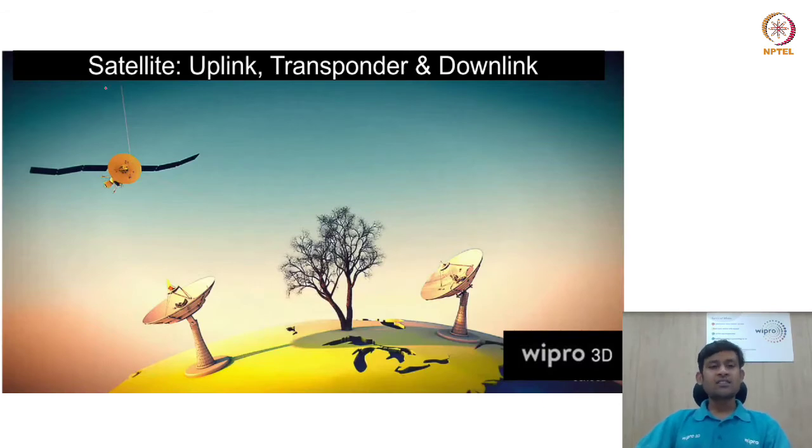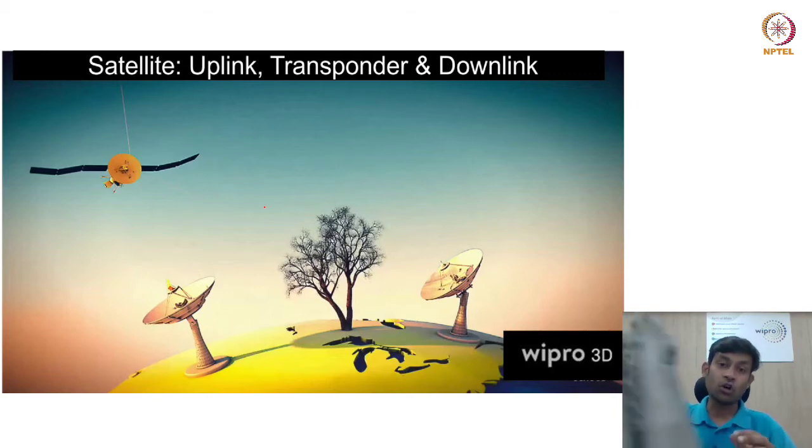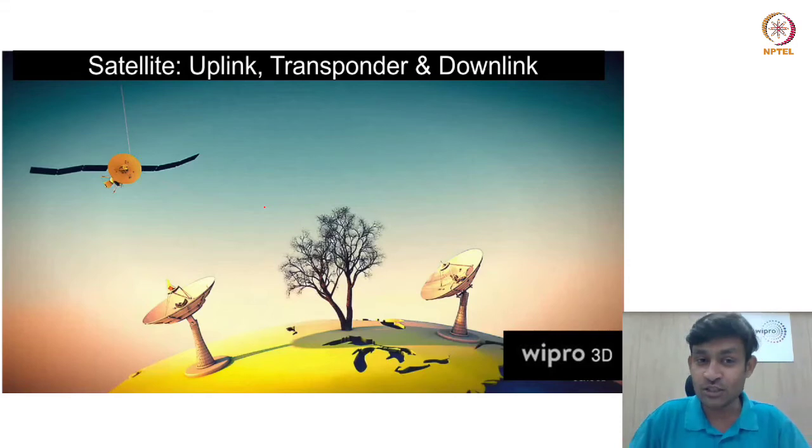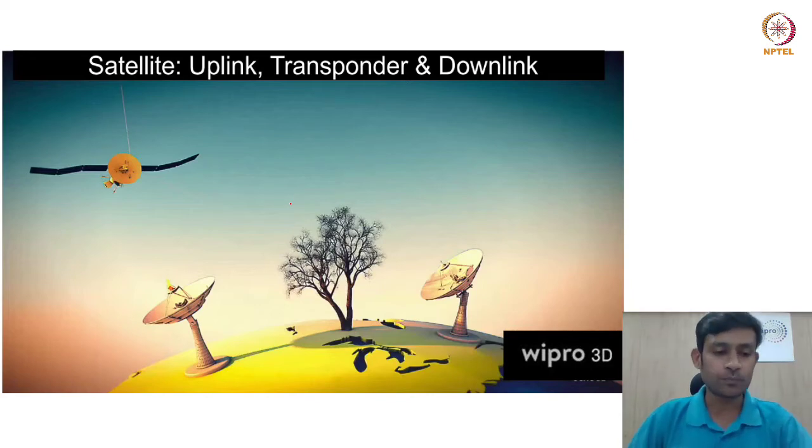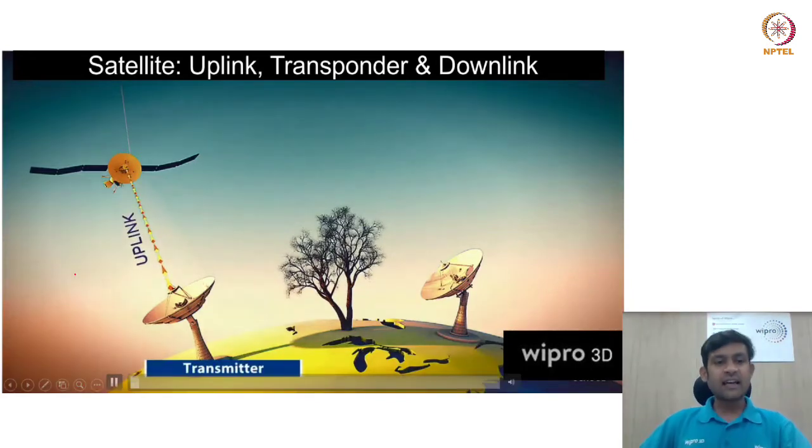Now, in order to understand what is the design space, what is the non-design space, what is the functional aspect of the component, this particular component that we are seeing belongs to the transponder module of a communication satellite. We will first see what the functioning of a satellite is. What does a satellite do? So what a satellite does is that